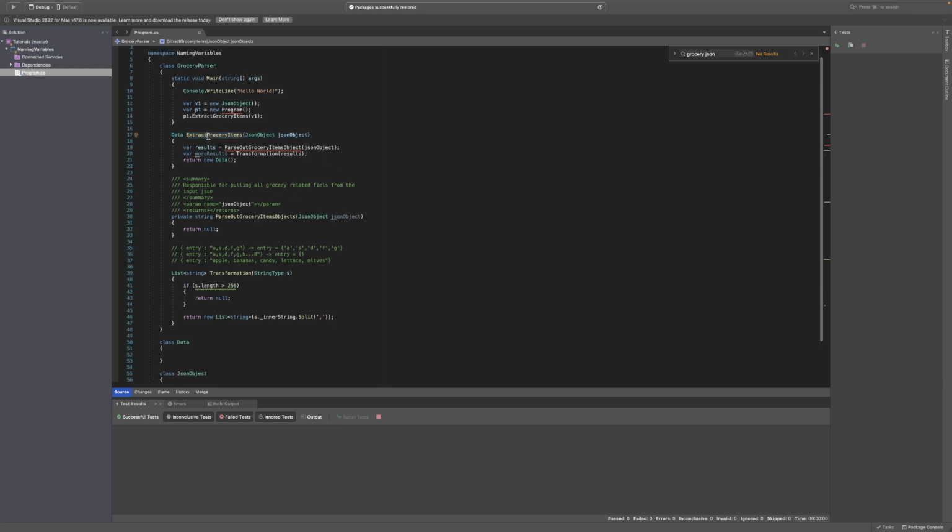So like I said, we renamed this one. It was already a pretty decent name, but then we renamed it and it's now an extravagantly good name. We also managed to rename our class, which is fantastic. And we have to of course fix our code in a few places. And then we came down here and we renamed this class to an even better name, parse out grocery items objects. Instantly I read that and I go, oh, this doesn't have to be a JSON object. This could be an XML file or whatever. But now I have a good idea that this is just responsible for parsing that stuff out